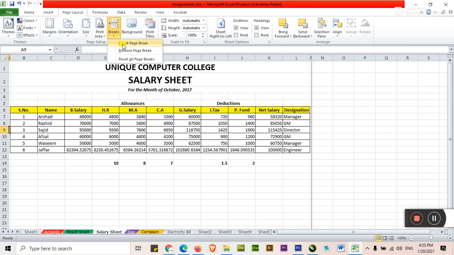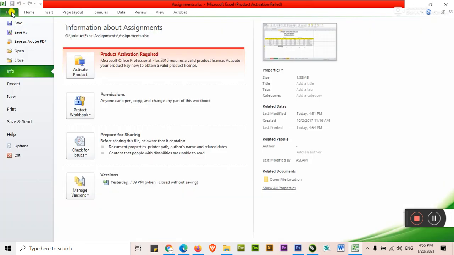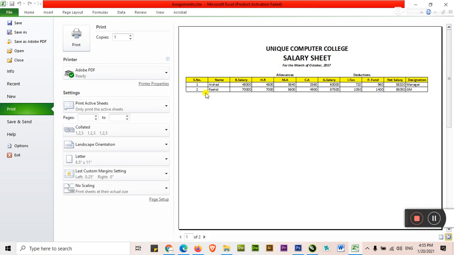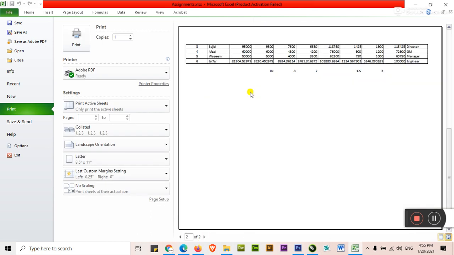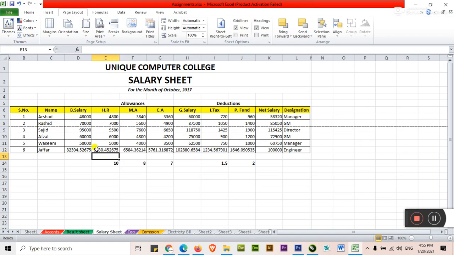Just click here, Insert Page Break. Now you have two pages in the given sheet, page 1 and page 2. Just check File, Print. It's page 1 and this is page 2, meaning you have divided the existing work into two pages. Again move to Breaks and Remove Page Break.